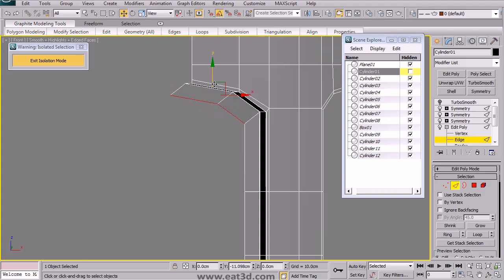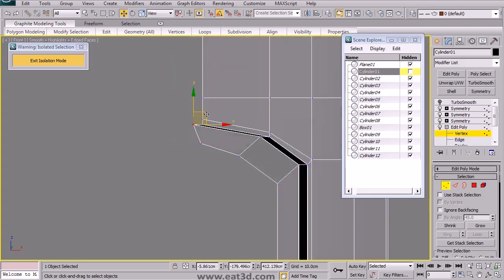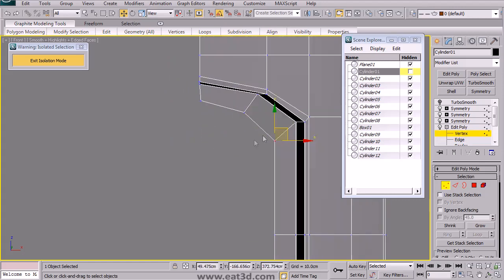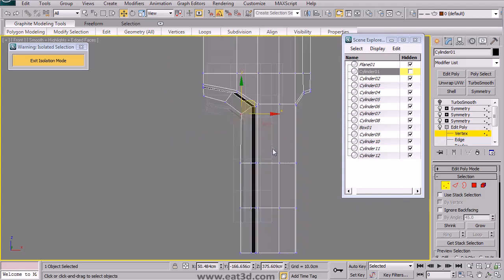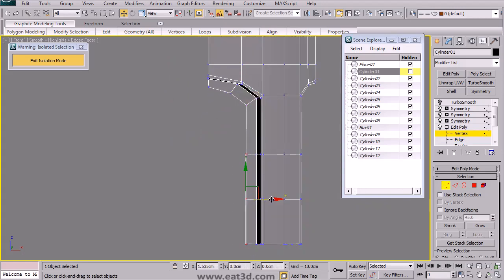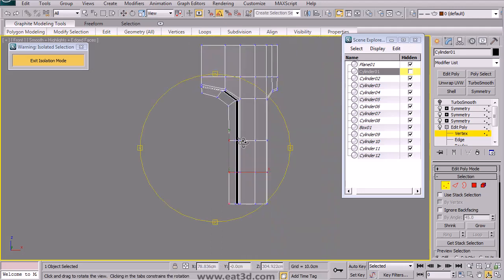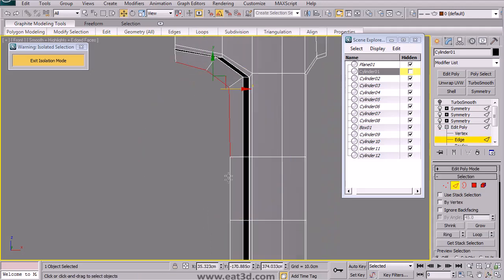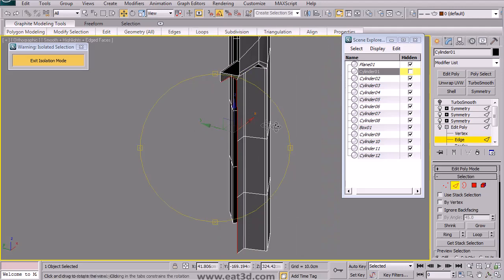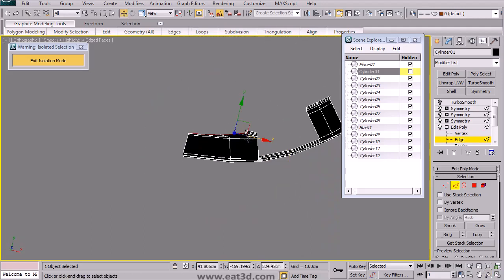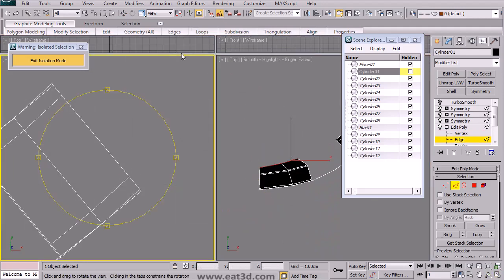We'll drag this down, and we're just going to try to give this entrance nice little details like you see in the reference image. And we're just going to drag these in like that. And we'll go into edge mode, and we're going to drag them back a little. I'm going to turn off the grids here,